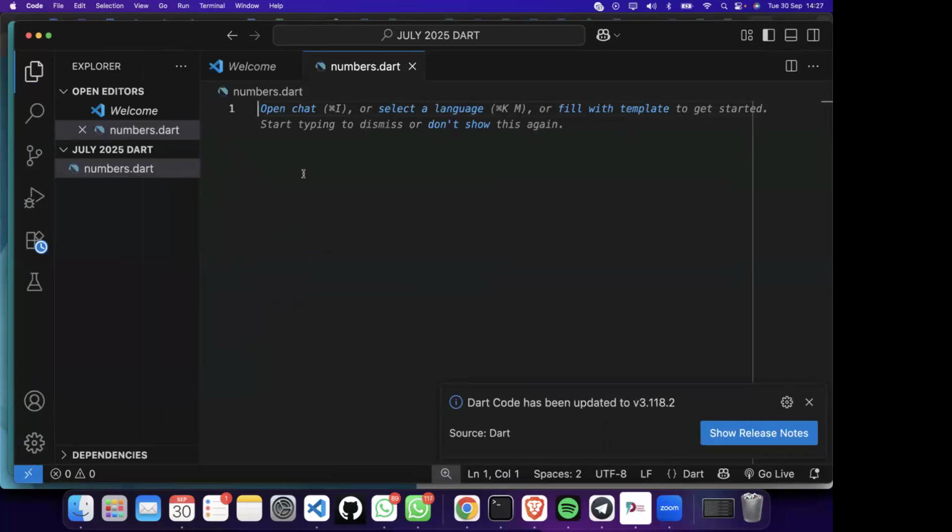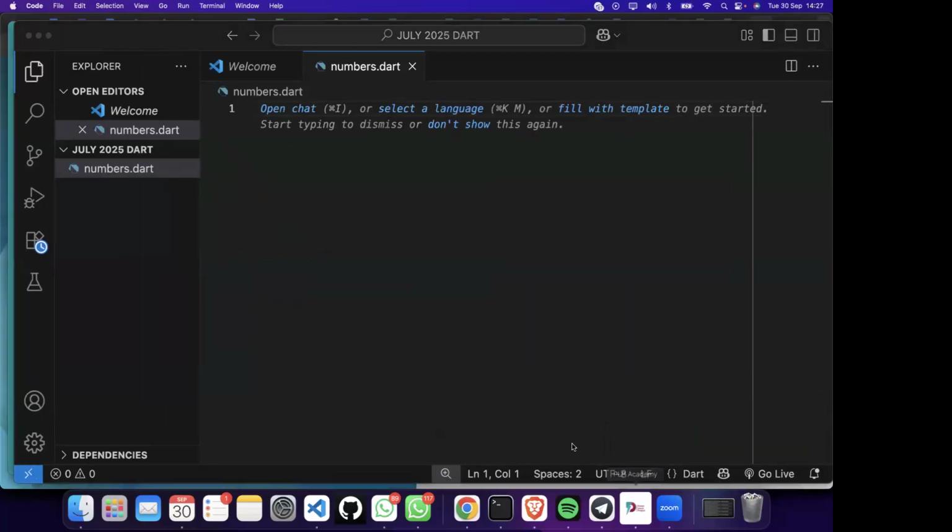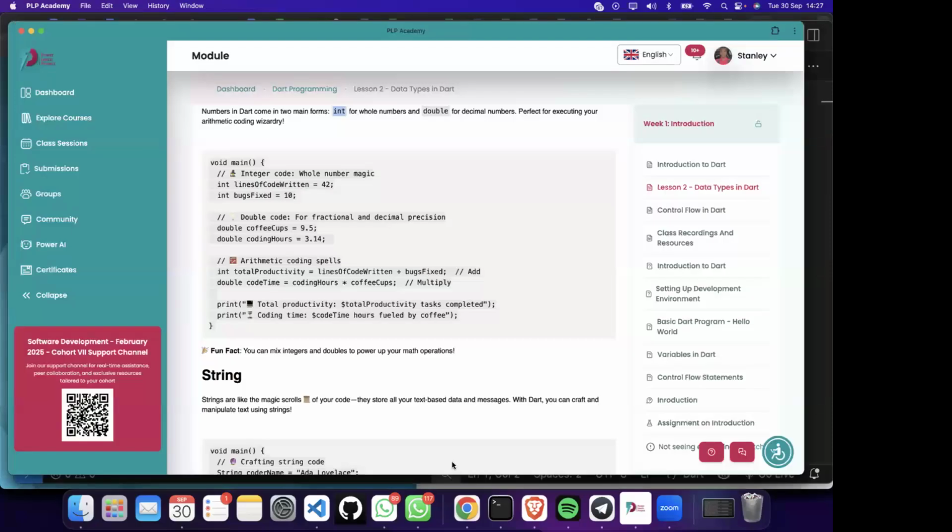Okay. Now, we have discussed two types. We've said that numbers has two forms of data types, right? Integers and double. So we want to experiment with all of them and see how their output is, okay? So we'll just begin with the